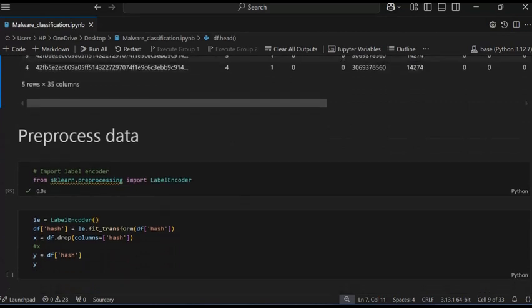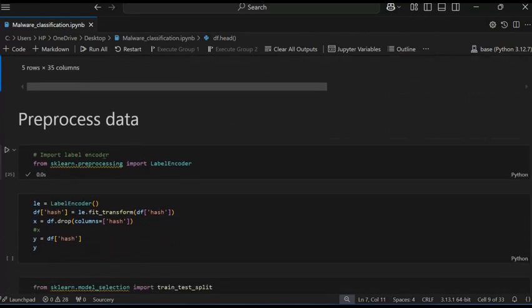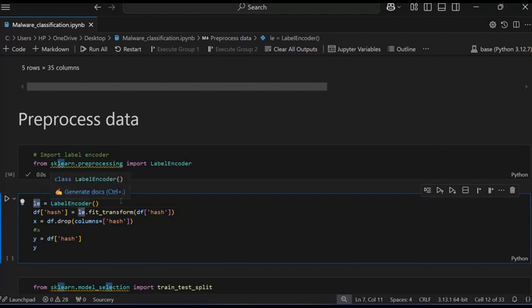Now processing using the label encoder. From sklearn.preprocessing import LabelEncoder. So we convert the hash column, which is also object type, using the label encoder. le is a variable name, then we pass the LabelEncoder.